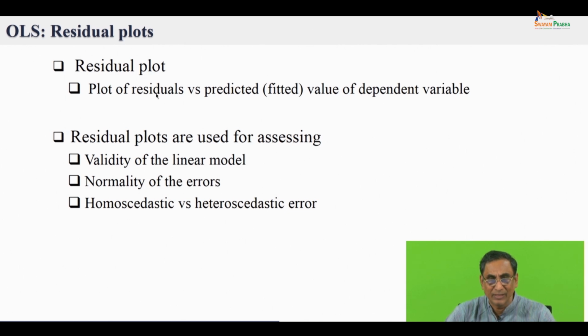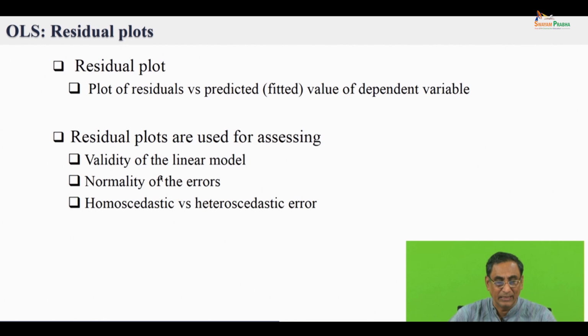We will plot the residuals with respect to the predicted or fitted value of the dependent variable. Remember, there is only one dependent variable. Even if there are multiple independent variables, we have only one dependent variable. We can plot the residuals with respect to the predicted value of the dependent variable, and the predicted values we obtain after the regression, remember. So this is called the residual versus the fitted or predicted value plot,